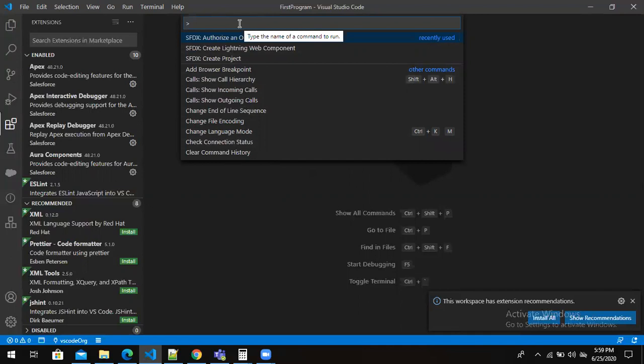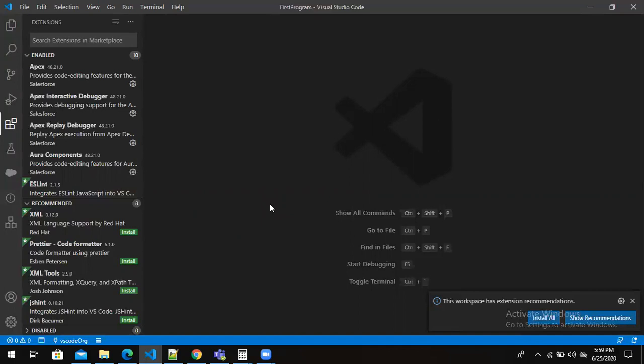You can just select, and it automatically frames a command for us, so we don't need to remember and we don't need to write the complete command in the terminal. So this is the simplest way. Most of the developers, I think, will follow this approach, right? Press Ctrl. I'm on a Windows machine, so I'll press Shift+Ctrl+P.